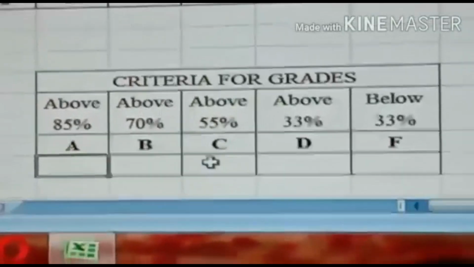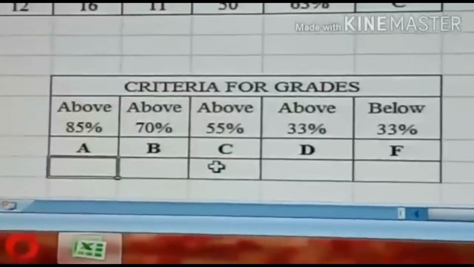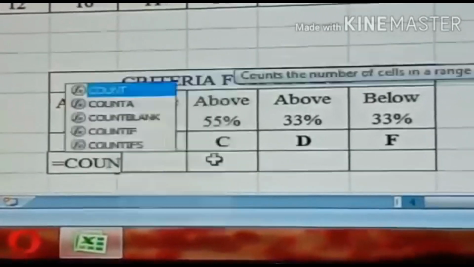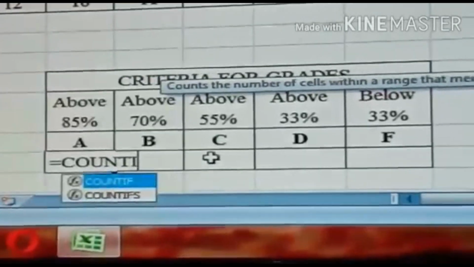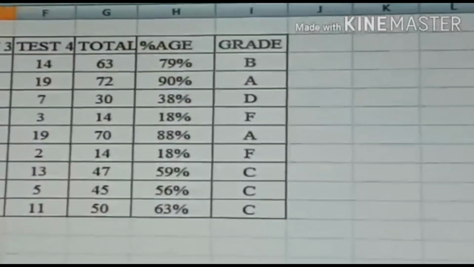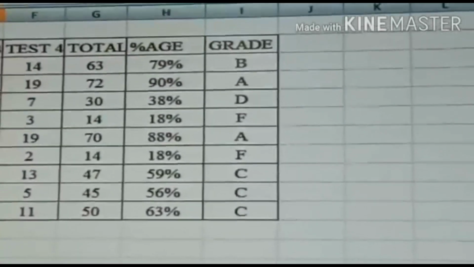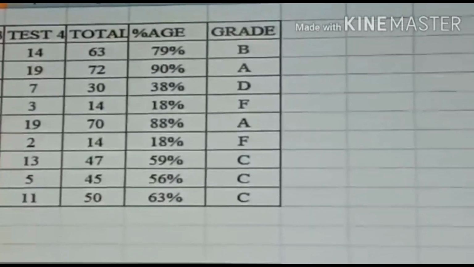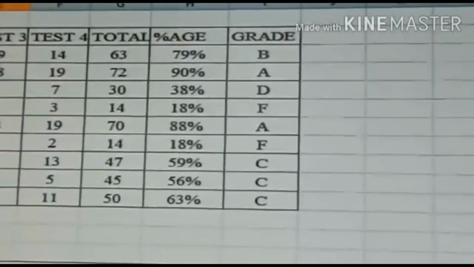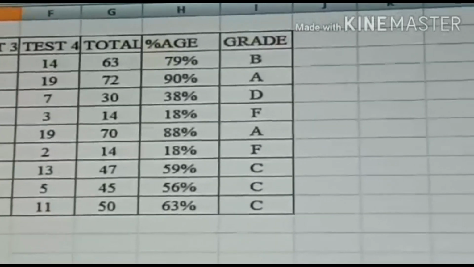Then I will put the equal sign, then write the COUNTIF command, then open bracket, then give the range. The range is grades. So I will select the grade range.